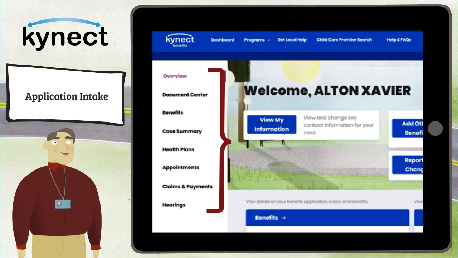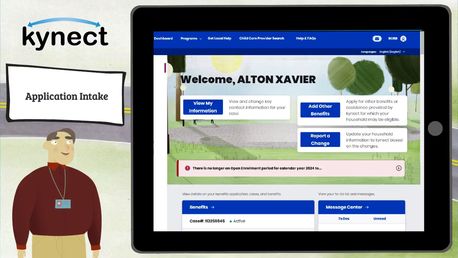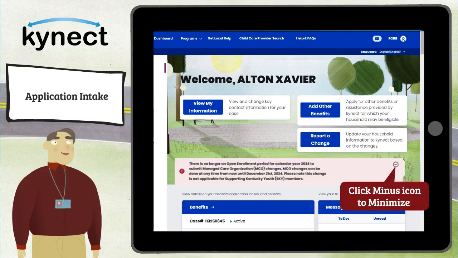shown. There are clickable selections on the left side navigation tabs. Additional options and announcements are displayed in the center of the dashboard. The Minimize and Maximize screen features allow residents to choose the view of the announcements. Clicking the plus icon to the right of an announcement maximizes the details, and clicking the minus icon minimizes the